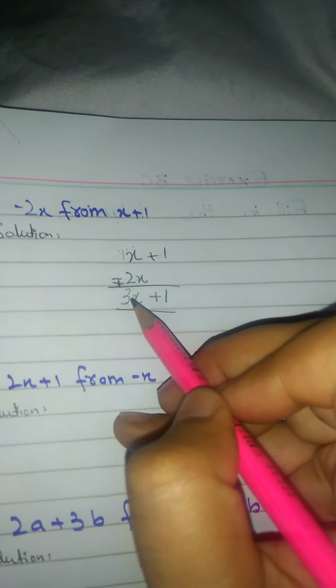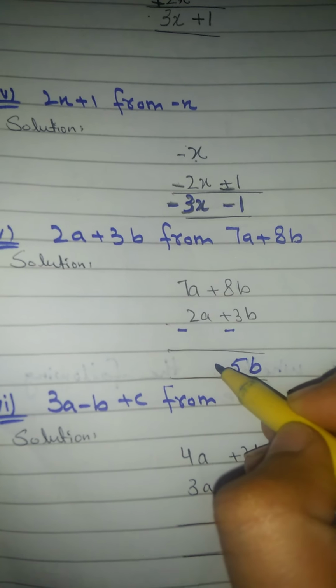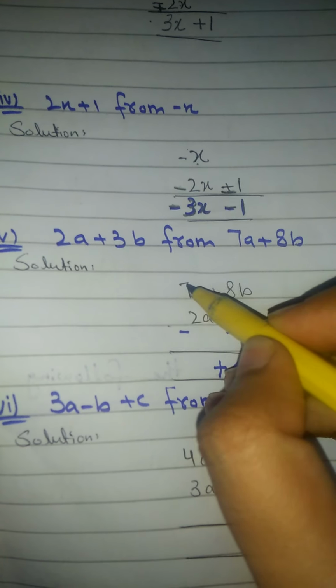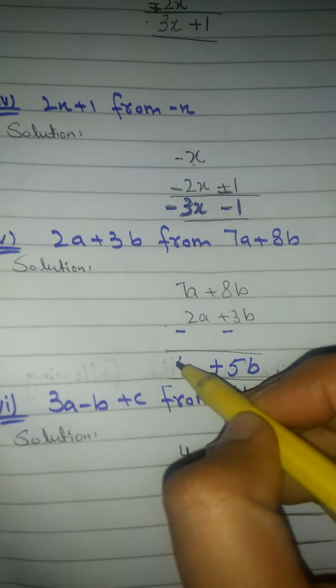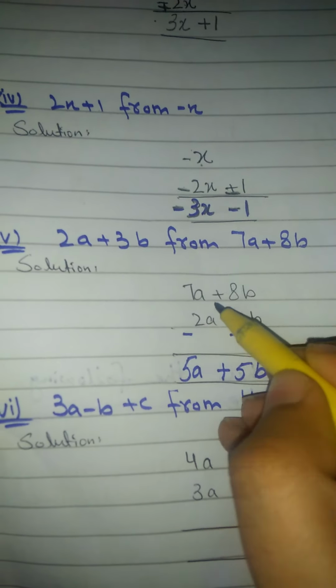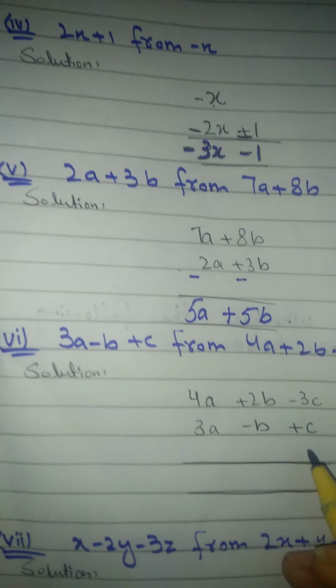Now 3b has a sign minus and 2a has a sign minus. Subtracting 3 from 8, because plus minus minus we have to take the minus of 3 and 8 to get 5b, and the sign of the greater value will be allowed, and the greater value has a sign plus. Plus minus minus, 7 minus 2, 5a, but 7 is the greater value having the sign plus, so 5a will have a plus sign.